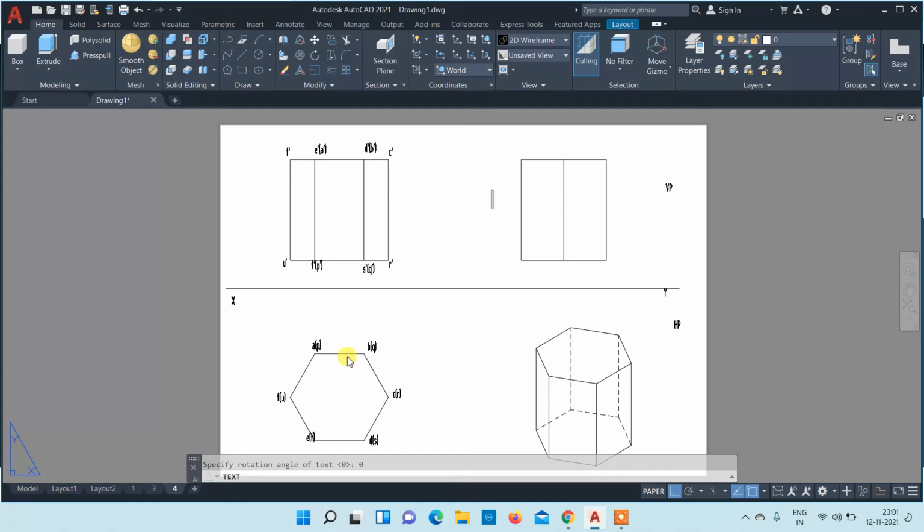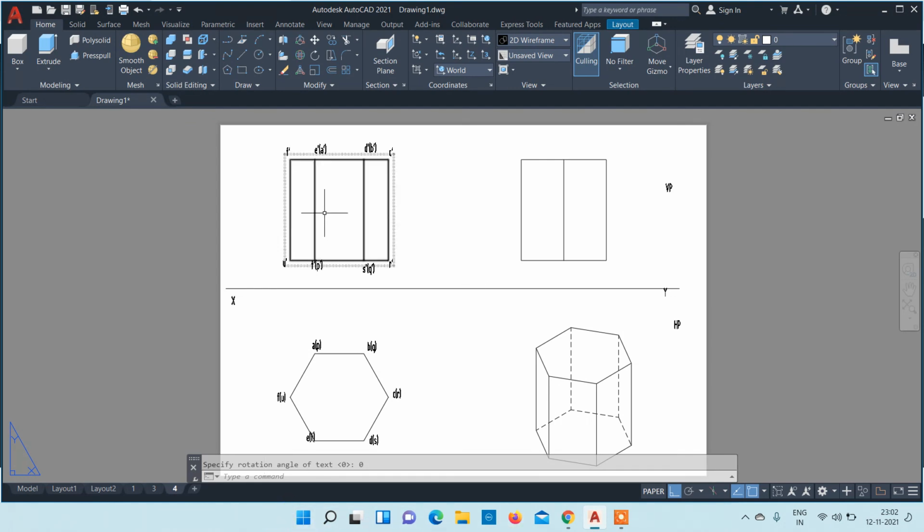You can just imagine that you are seeing this hexagon from the bottom. So U will be visible, F will be visible. That's why U dash, F dash. Likewise E will be visible, A will not be visible when you see from the bottom. Just to remember it in an easy manner. So E dash, in bracket A dash. Likewise D will be visible, B will not be visible, so D dash, in bracket B dash. C will be visible, R also will be visible. This is how you have to mark the corners of the hexagonal prism.